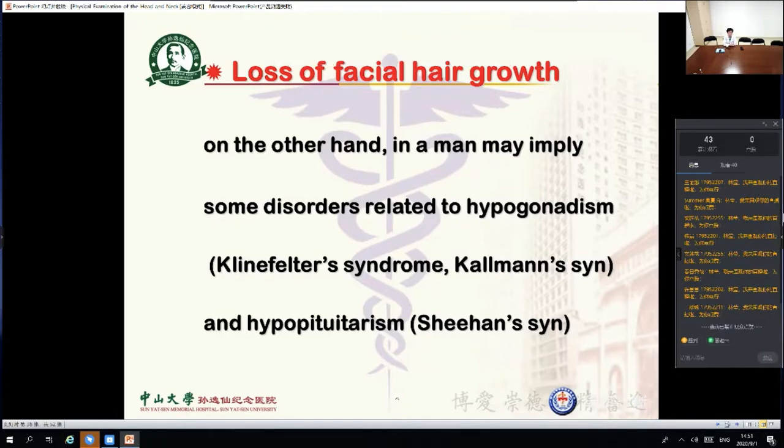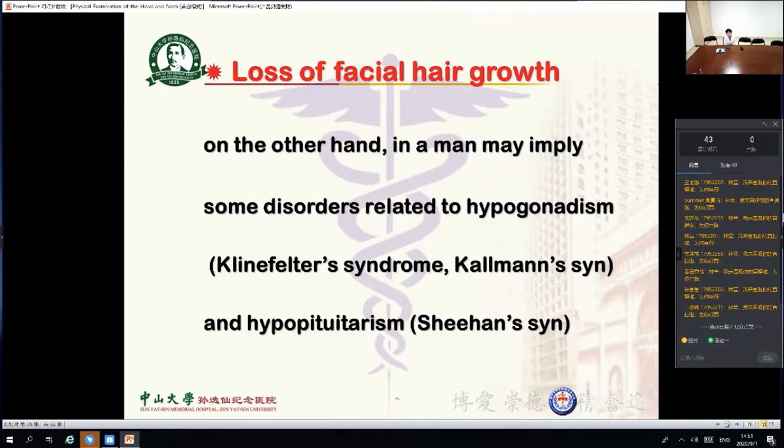The Klinefelter syndrome, the Kallmann syndrome, and also the hypopituitarism, 垂体功能低下,